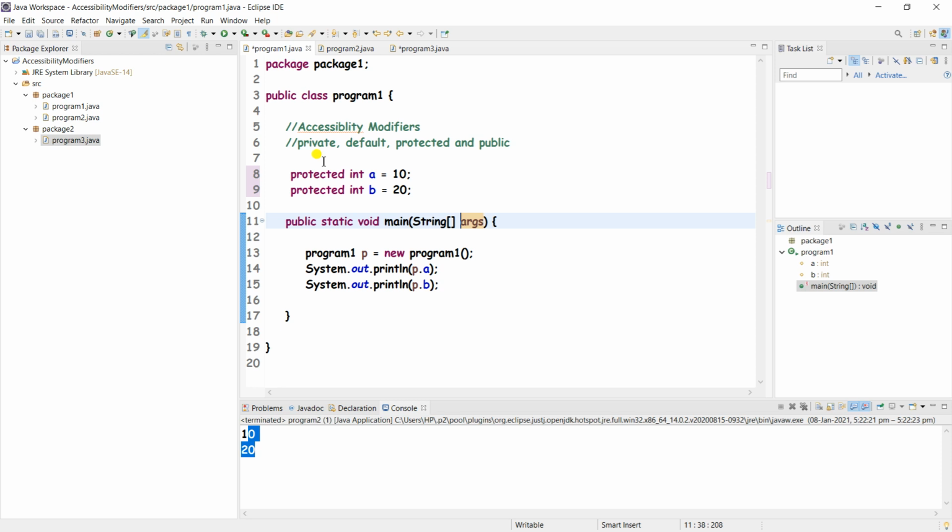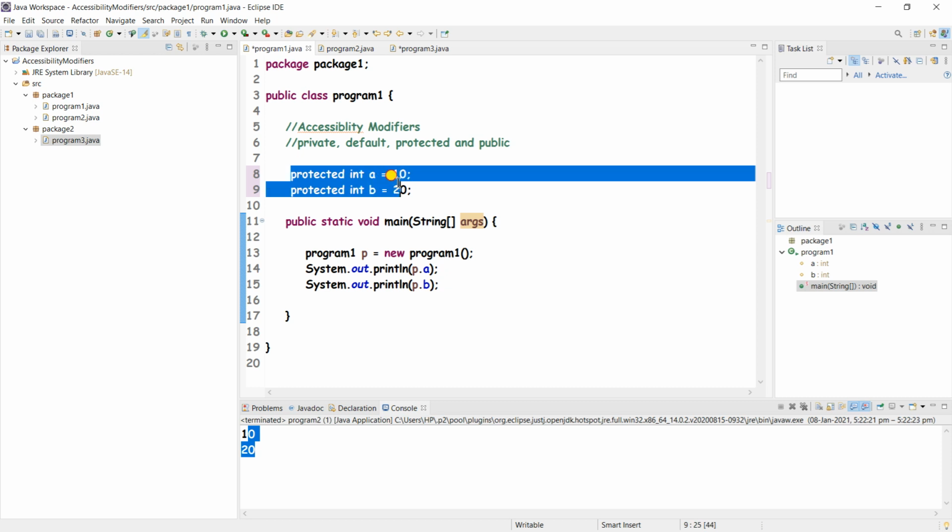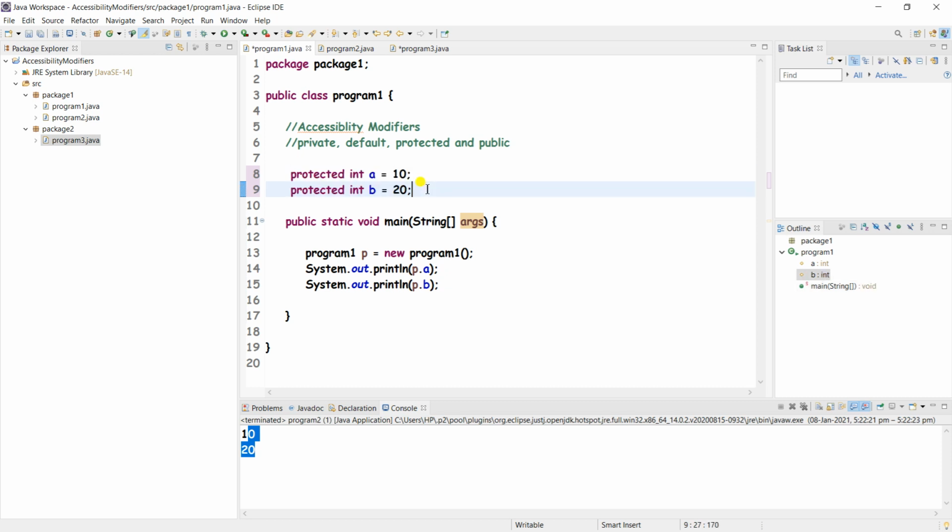only when we can access these protected members outside the class or in any subclass, right?